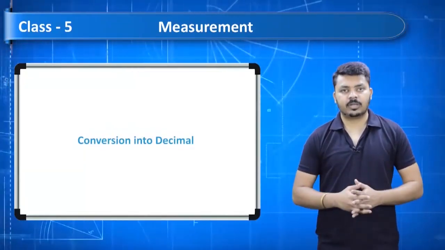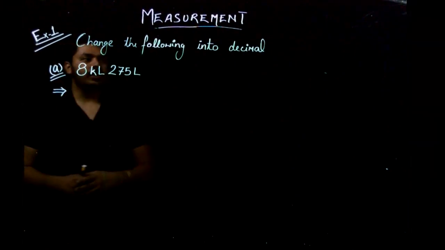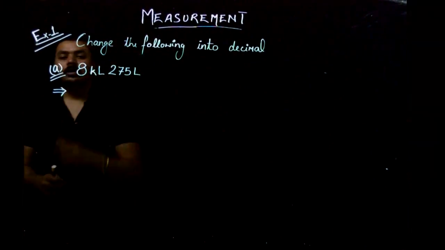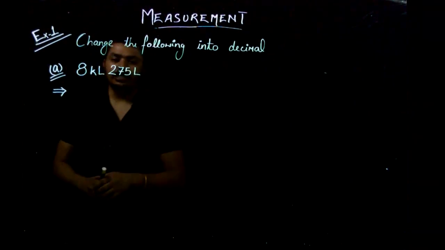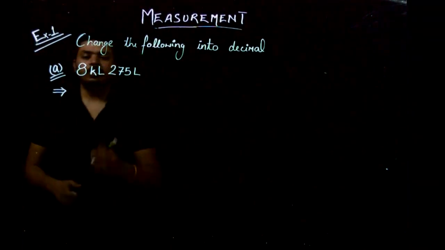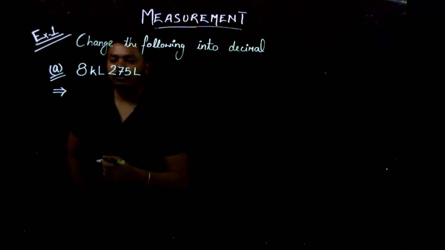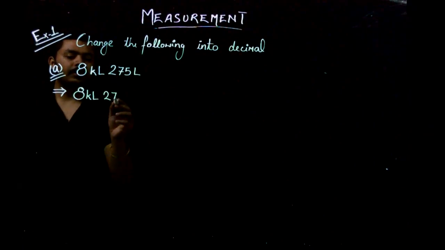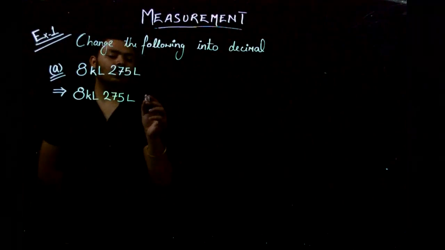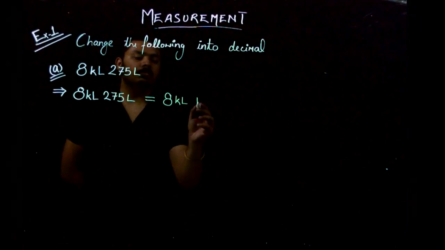Conversion into decimal. Now let's look at example number 1. Change the following into decimal. Here our first part is 8 kiloliter and 275 liter. We have to completely convert it into kiloliters and write it in decimal form. So 275 liter can also be written as 8 kiloliter plus